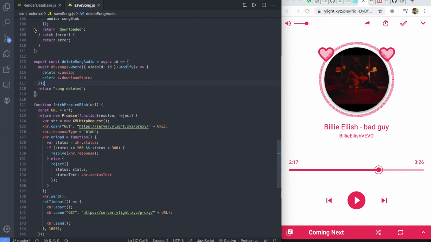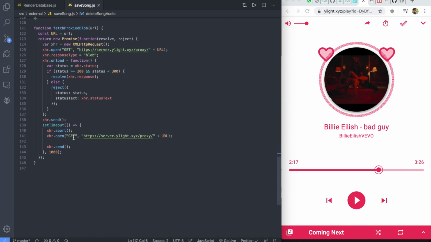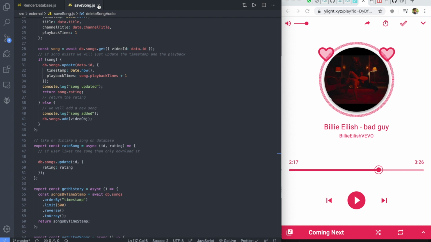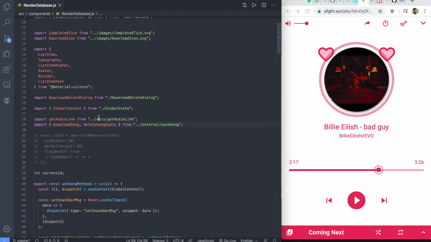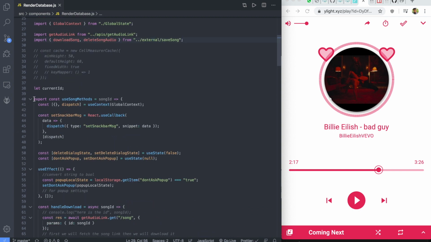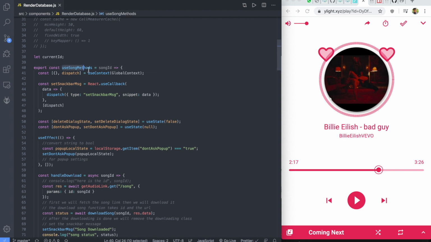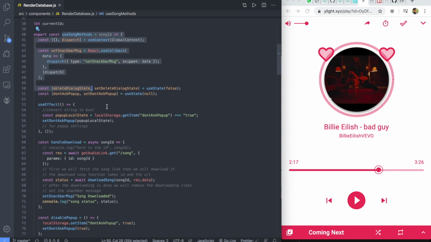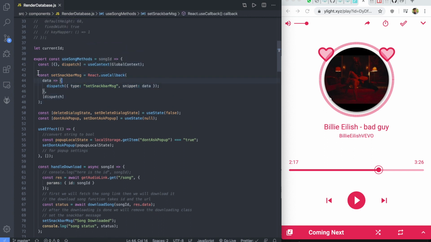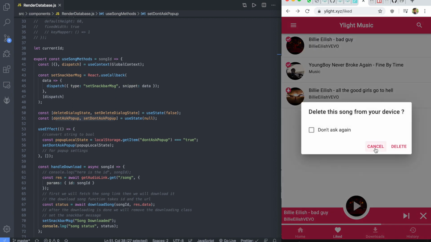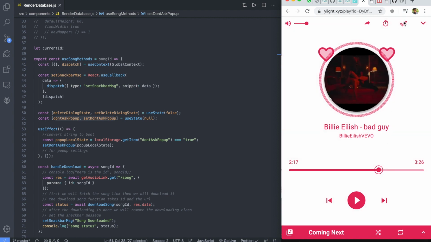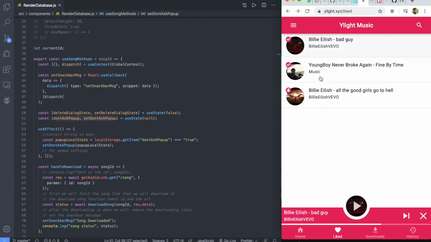So now we covered this hell lot of saved song which goes to our local database and does all these stuffs which are necessary to do. Now again back to render database, and what we are exporting, as I said, we are creating a custom hook so that here we can again use this to set the snack bar message and delete dialog state, don't ask pop-up, all these things, like when we will click here. So as here you can see, and these are the same thing, and when we click here and this is the same, so we needed to have this in two components. So instead of making same thing again in the other component, we created a custom hook,